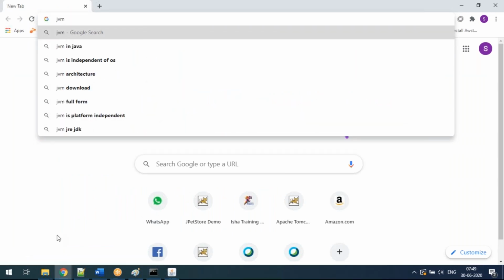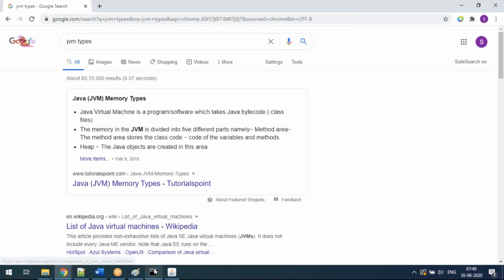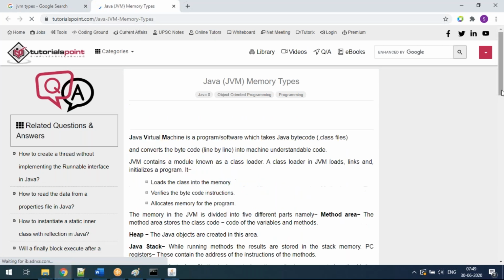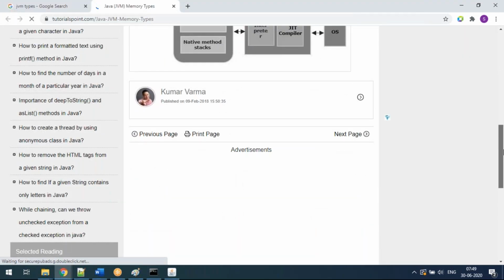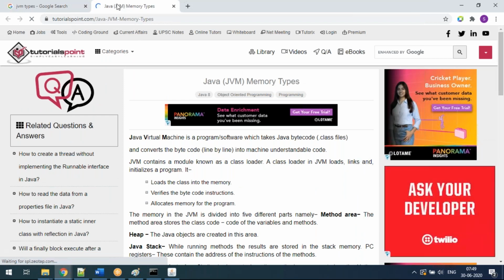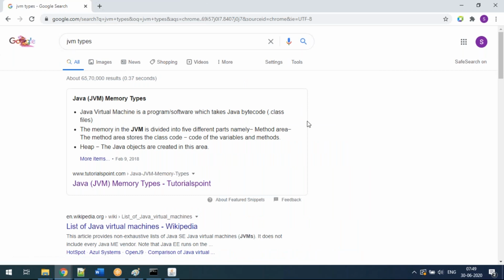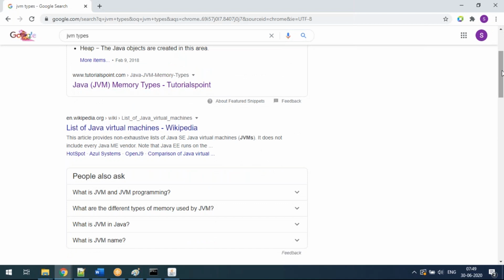JVM types. No, the JVM is based on the application. Based on who developed your application, right? You're saying for Apache? No, not in that way. It depends on which JDK or Java your application is running on. You mean the WAR file which you imported? No. The WAR file is a compiled file, guys.